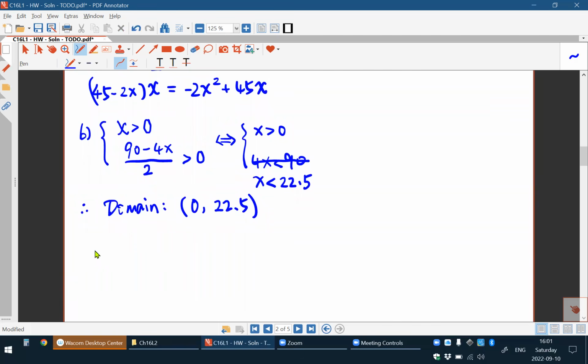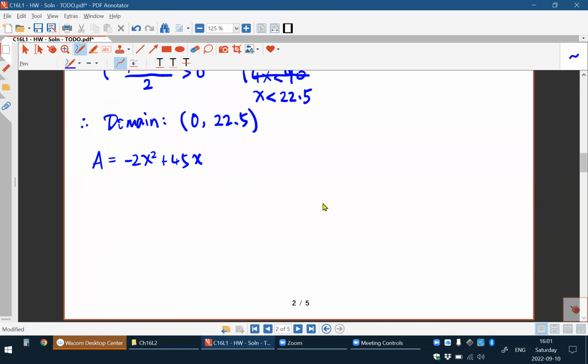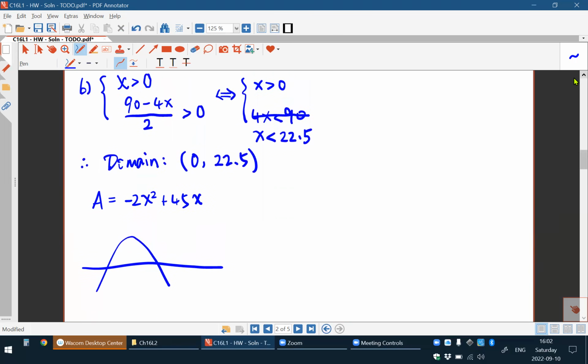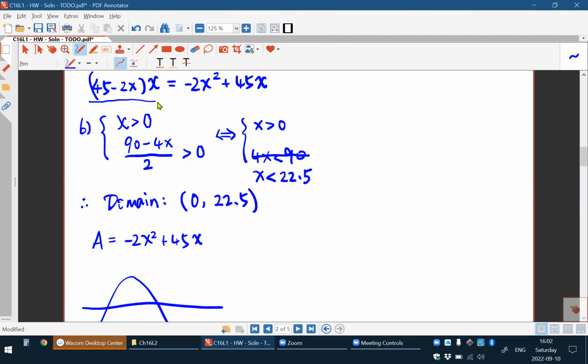Note here, your function is this. A equals negative 2x squared plus 45x, right? This is your function. How do you find its range? Note here, this is a quadratic function, right? You can use its diagram, its graph to find its range. First of all, opens down, right? Leading coefficient is negative, so opens down. Whether it has any zeros, we don't know yet, but according to the expression here, there should be two zeros, right? Can you find two zeros? One of them is